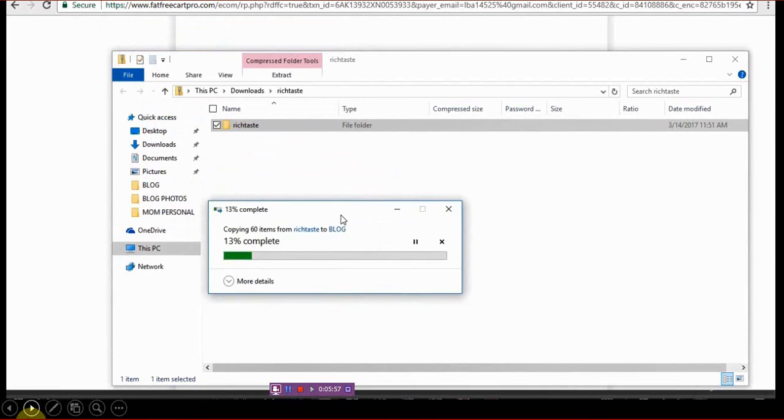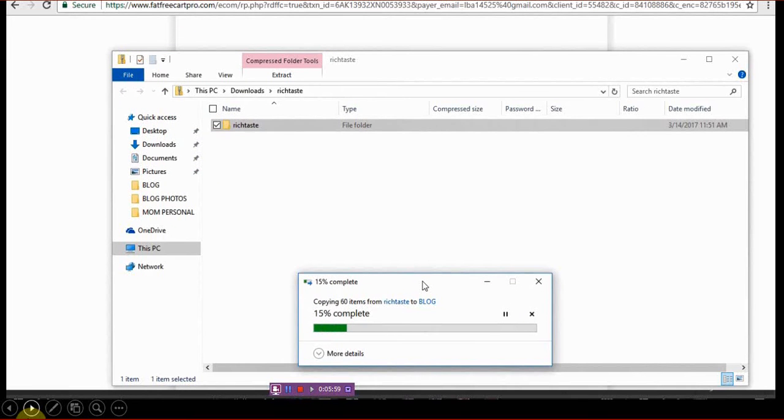And most likely, unless you've set up your computer in another way, it went to your downloads, which, as you can see, if I would have just clicked here, would have brought me to that same place. So that's going to be up to you. You can leave it in the downloads area, or you can put it in a folder that you've specified just for your blog, because, maybe 6 weeks from now, 8 weeks from now, you'll want to use this theme again for another site, and you won't remember where it was,